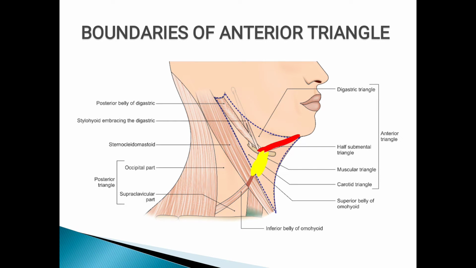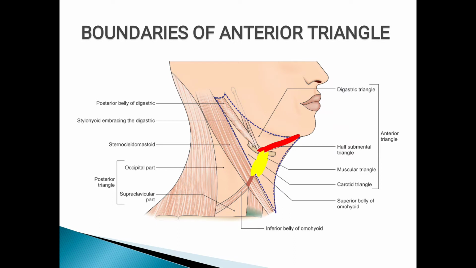Now I have marked here two muscles. The red color is indicating the anterior belly of digastric muscle, and the yellow color is indicating the superior belly of omohyoid muscle. These two muscles which are present in the anterior triangle divide the anterior triangle into further smaller